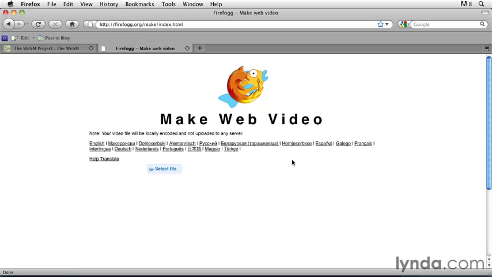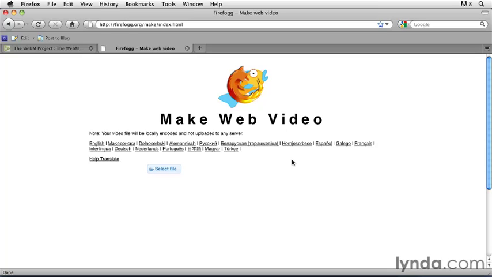Perfect. Now, if you're a video professional, chances are you already have tools available to you to encode video in both the Ogg Theora and any other format that you might need. However, in case you're a little short on those video editing tools, an option like this, Firefogg, or like the Handbrake solution I'm going to show you in just a little bit, are really good solutions because they're cross-platform, they're open source, and they're free. So while you might look at what we're about to do and say, wow, that doesn't have all the options and bells and whistles of XYZ, that's true, but it's free, and it's a very quick and easy way to